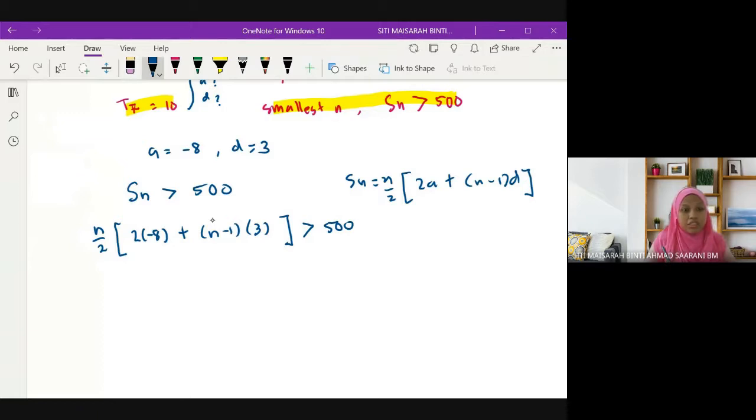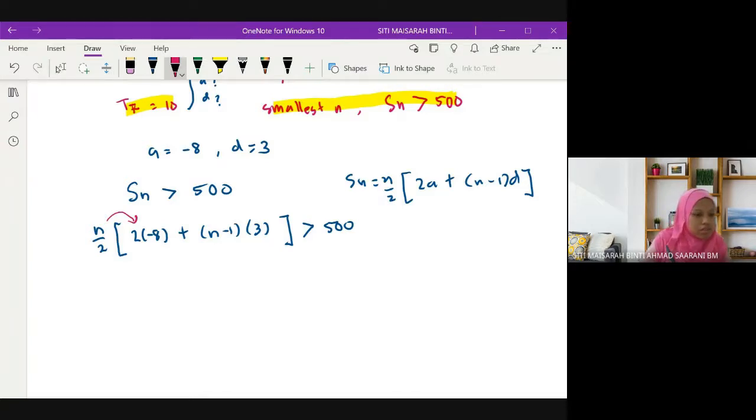Okay, so then awak kena ringkaskan ni. Let's say 2 ni, Media pindah ke sebelah kanan. Sebab apa Media pindah 2 ke sebelah kanan? 2 boleh darab dengan 500. Tapi kalau n tak boleh darab dengan 500, tu tak boleh cross multiply. Kalau bawah ni, awak punya n tak boleh darab dengan sebelah kanan. Tapi kalau tak sure, awak boleh multiply masuk semua dia lah. So then awak boleh dapat kat sini -16 over 2